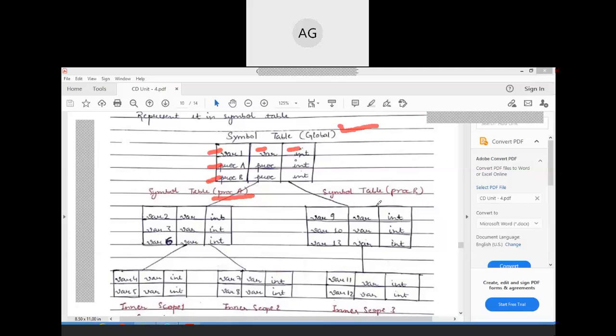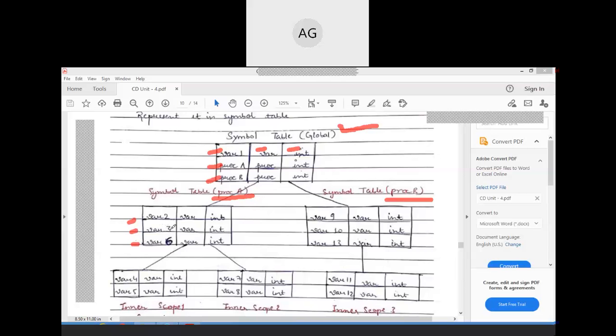And in the third table we are going to store the values of the procedure B only, and the local variables which we are going to deal with in the procedure B only. So as you can see here, the variable 2, variable 3, and variable 6 are at the same level. And based on this,